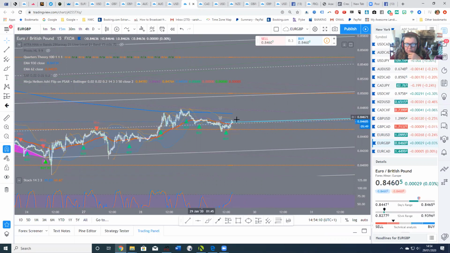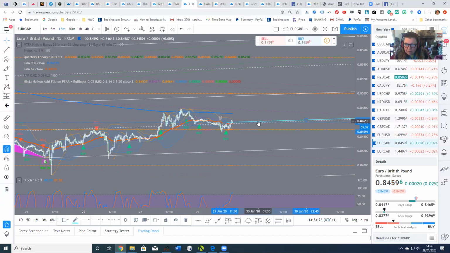So, you know, it's a lot of consolidation going on today, probably because of two lots of red flag news on the dollar later on at 7 p.m, 7:30. So I might just move that there. Not doing anything at the moment. So nothing at the moment, but Euro GBP for a buy between